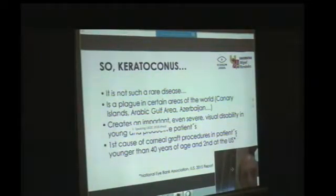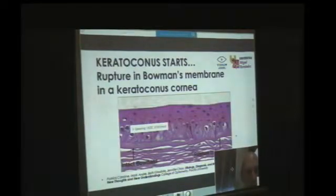and is the first cause of corneal graft procedures in patients younger than 40 years of age, and the second in the United States, which is indeed remarkable. It causes an important healthcare burden because these surgeries are expensive, and it indeed affects the quality of life of the patient. If we go to the anatomy, we know that keratoconus starts with the breakdown of